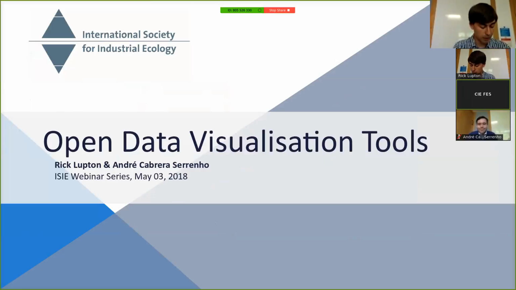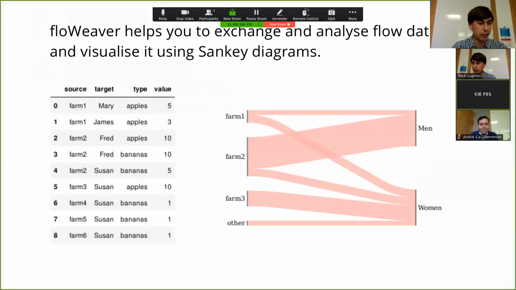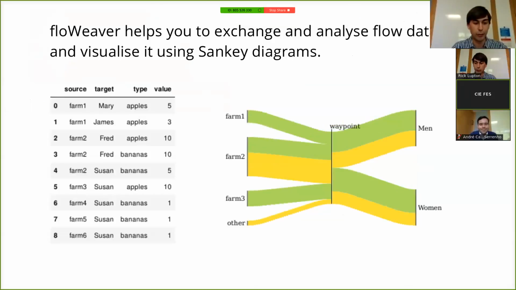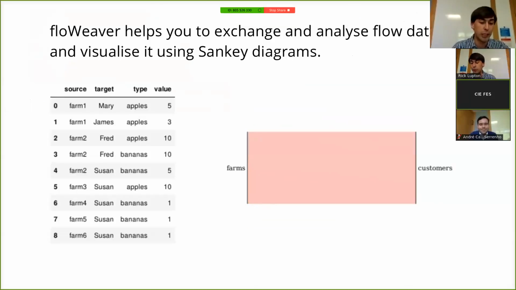So I'm going to talk about the FlowWeaver project. The aim of the FlowWeaver project is to help you to exchange and analyze flow data and visualize it with Sankey diagrams. For example, here's a simple example of some data on flows of fruit from some farms to some